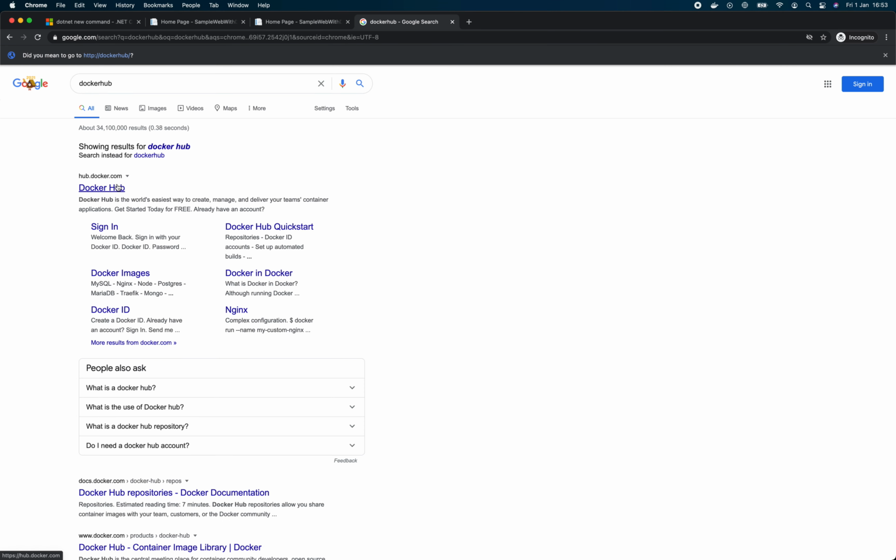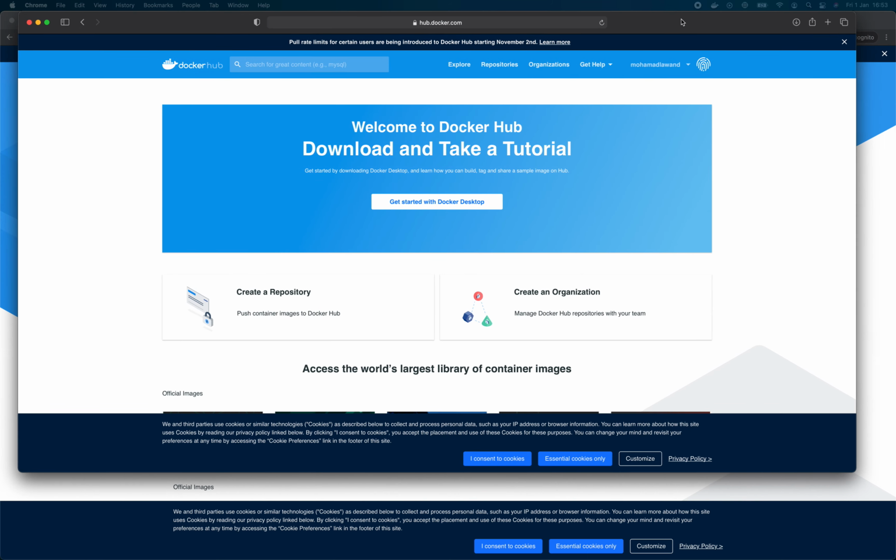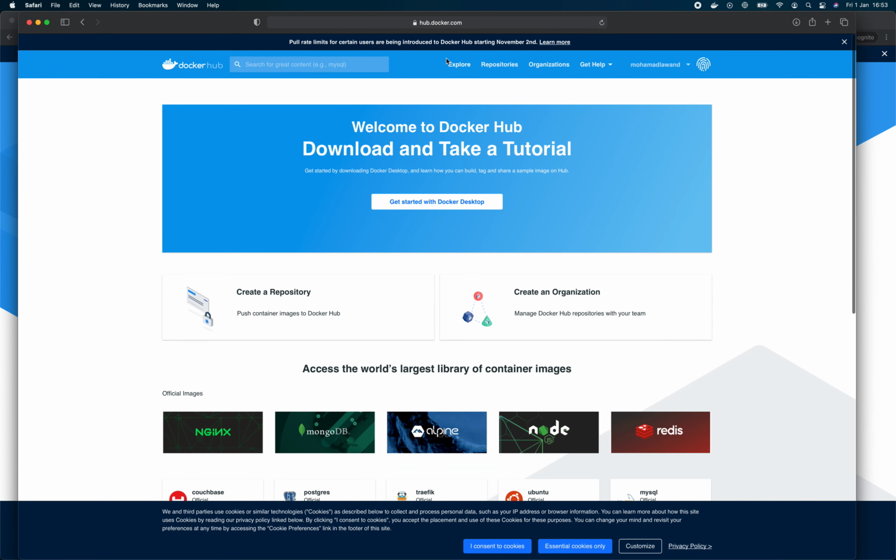If you're not logged in, you need to log in. So let me log in. Okay, so I'm already logged in here. I'm gonna look for .NET. So I can just within the search bar, type .NET, and press enter,